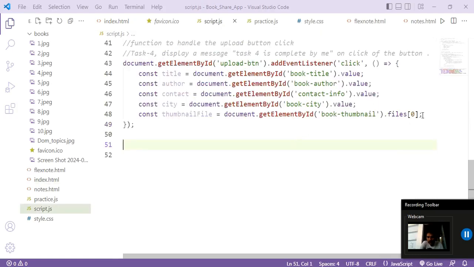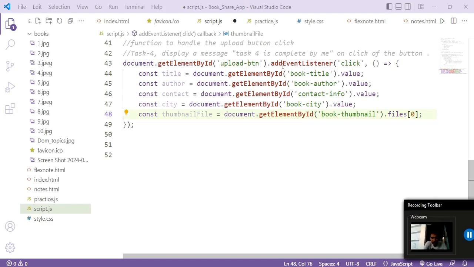To access those files we have a property called files. Now there can be any number of files, it can be one, or it may not have any files. Here we are selecting only one file, and to access that file by index we are passing 0 here. So this will access the 0th index file.